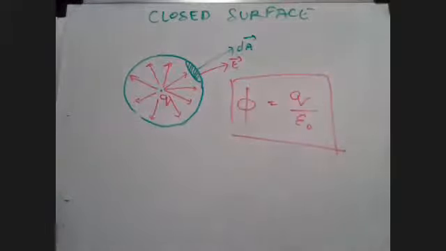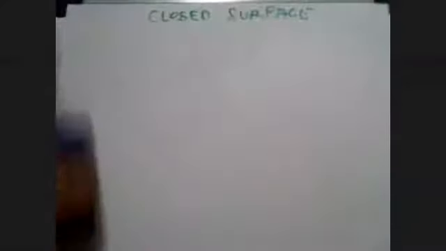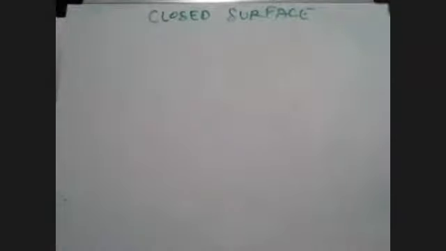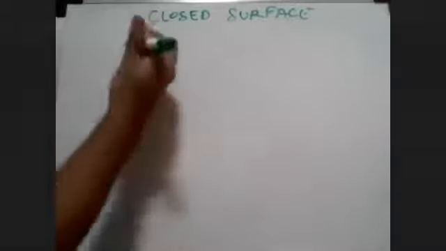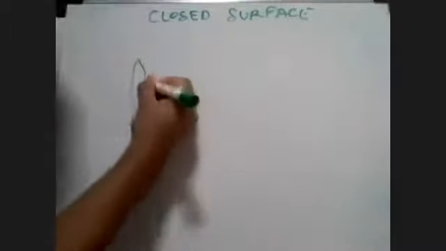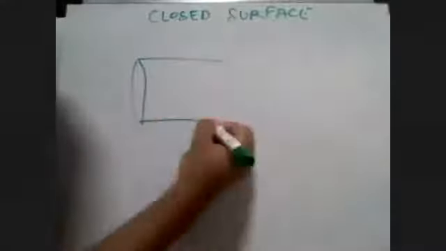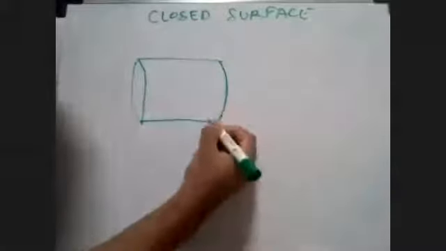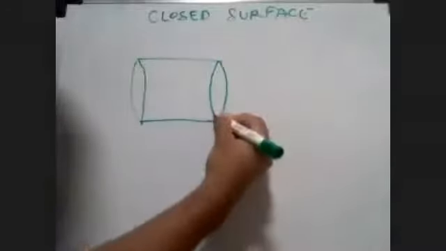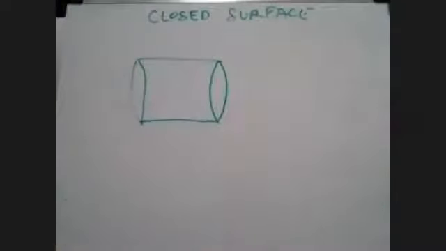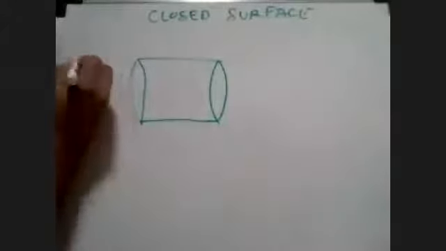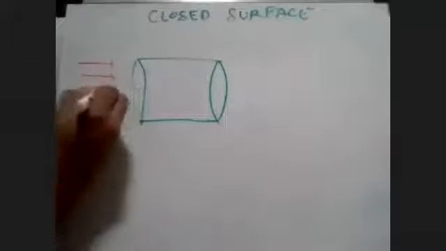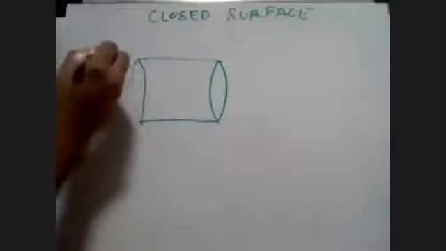Okay. Now let's go to a small sum. Let's look at the electric field lines through a closed surface, and this closed surface I will take like this, a cylinder. For those who are not getting it, electric field lines are passing like this. Tell me what is now the flux?